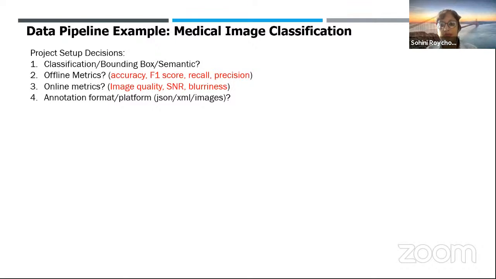Then I talked about the offline metrics. So accuracy, precision, recall, anything that requires real labels, that's called offline metrics, because this is not something you can live monitor. You can take a batch of it. You have to again look at the ground truth, and then you can come up with the offline results. That's the reason why you cannot live be predicting accuracy, and that's why the categorization as an offline metric. Then you have online metrics. Online metrics typically, in the context of image classification, could be things like image quality. It could be signal to noise ratio. It could be blurriness, and I will show you each and every one of them in the data pipeline code